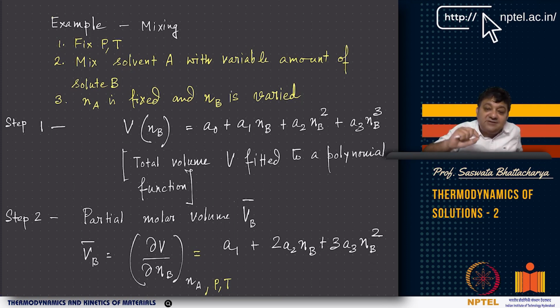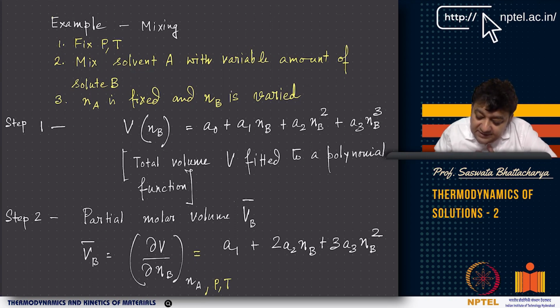So if I change the amount of solute at a given temperature and pressure, with a fixed mole number of solvent, then what you will see is that the volume changes as a function of NB. NB is the mole number of solute B, right? Now, if this volume changes,